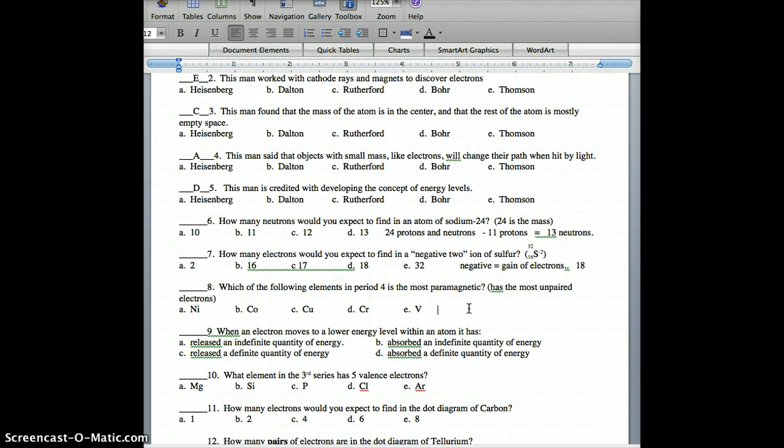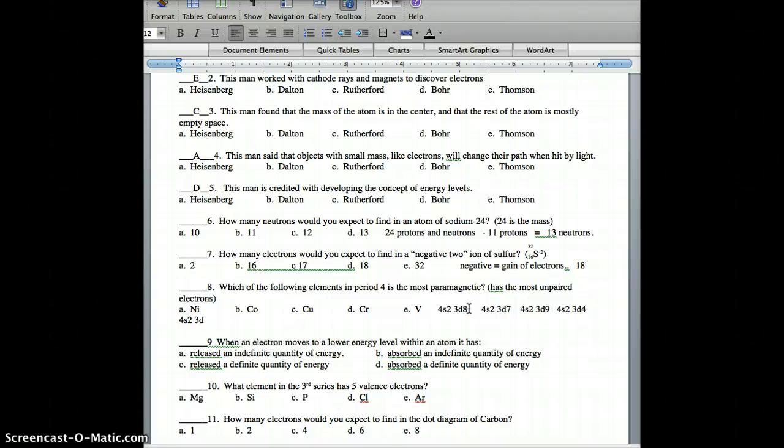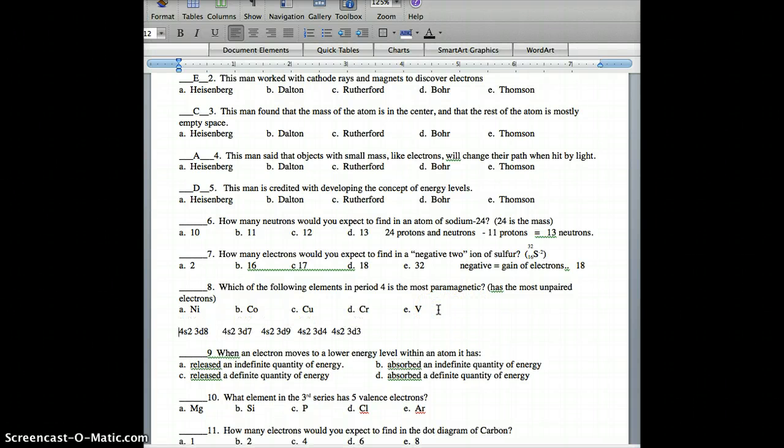If you look at nickel, it'll be a 4s2, 3d8. Cobalt would be a 4s2, 3d7. Copper would be a 4s2, 3d9. Chromium would be a 4s2, 3d4. And vanadium would be a 4s2, 3d3. All right, so paramagnetic, having the most unpaired electrons, let's do it this way,